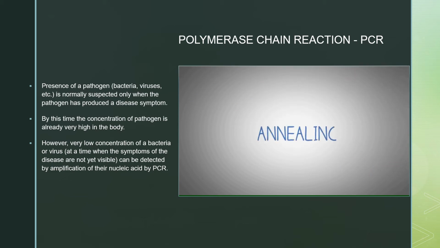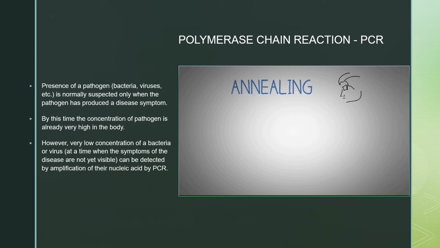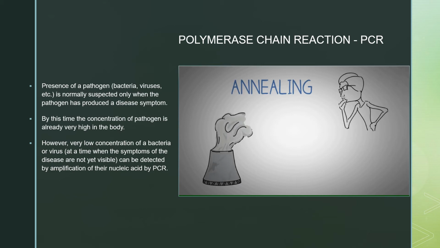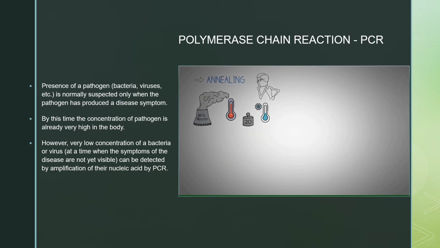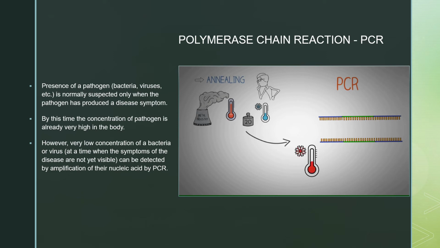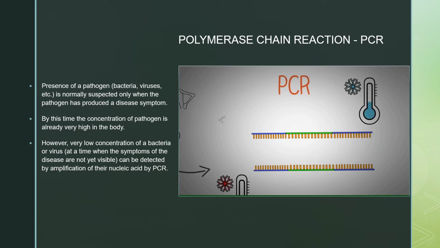The next step of PCR is known as annealing. Before getting into the details, do you know the meaning of the word annealing? Basically, this word was used in the metal industry, where they heat a certain metal to a higher temperature and then cool it. This process is called annealing, which is basically done to remove the internal defects from the metal. Same is the case here in PCR, where we first raise the temperature of the machine to 72 degrees for the step 1, that is denaturation, and then we cool the temperature to 55 degrees so that the primers in the PCR tube can bind to their target sequence on the single-stranded DNA.